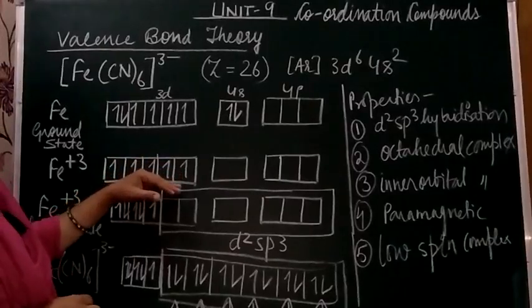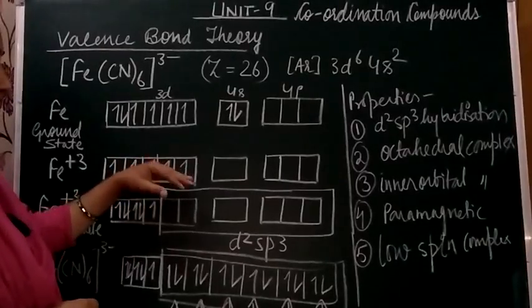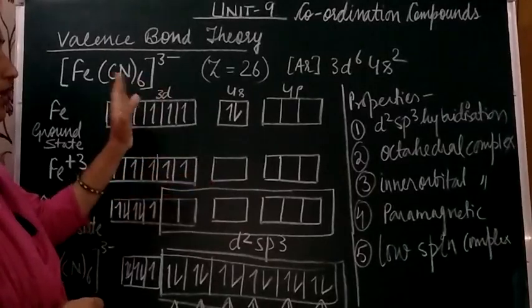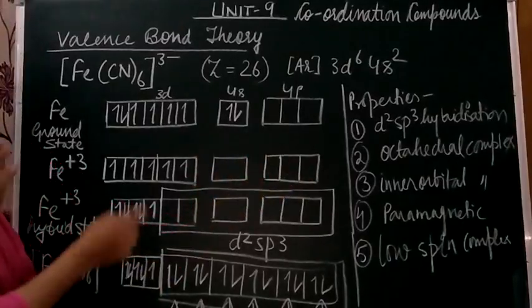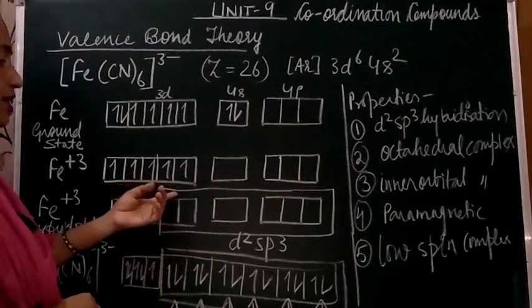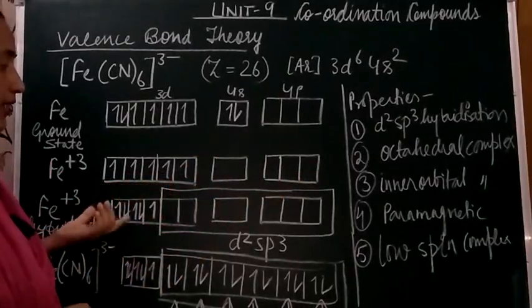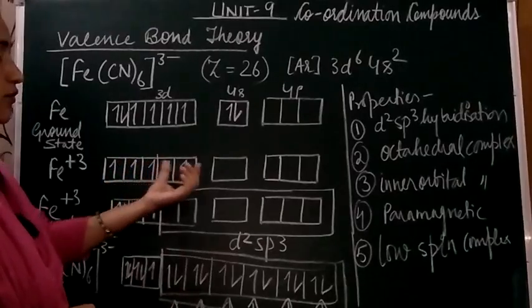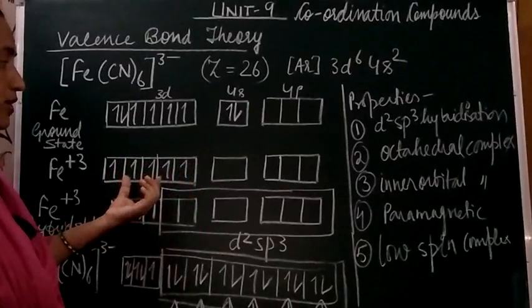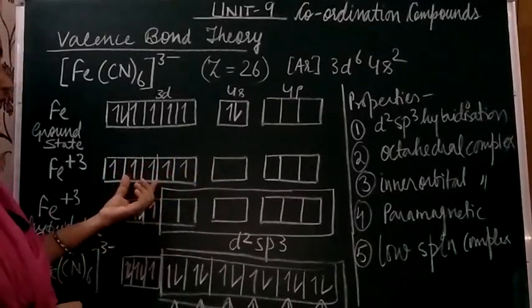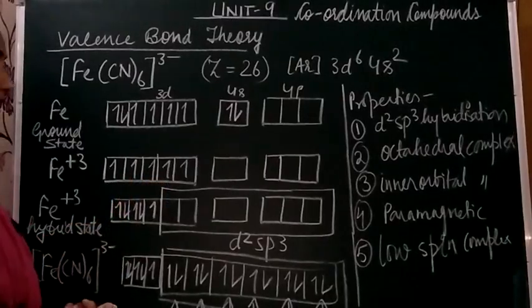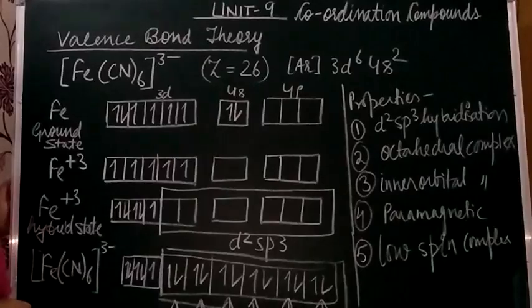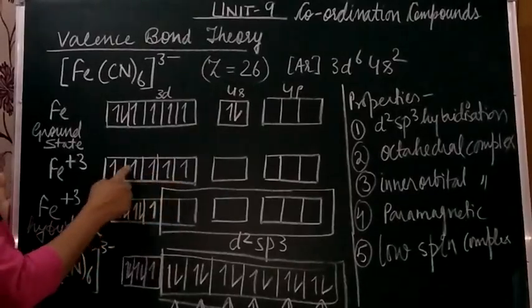Since the orbitals are filled up here, to get the orbitals available for the incoming ligand, we should be using the 4d. But this is related to the experimental data: we are not going to use the 4d, we are going to use the 3d. If we use 4d, we have to keep the 3d electrons unpaired. In that case it would be high spin with more unpaired electrons, but it has been found that the number of unpaired electrons is only 1. That means pairing of electrons is going to take place here.